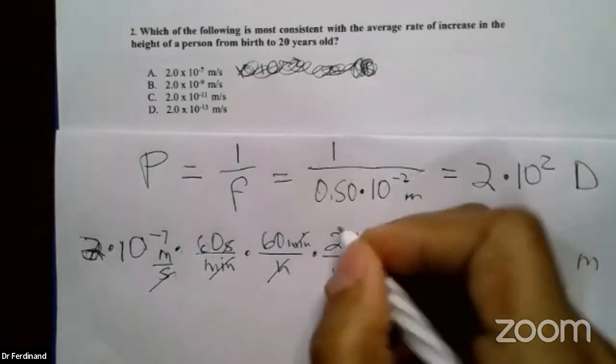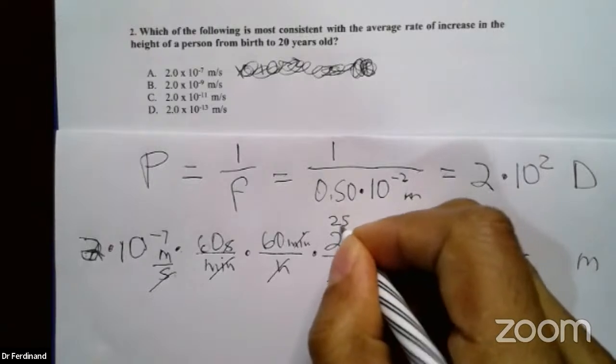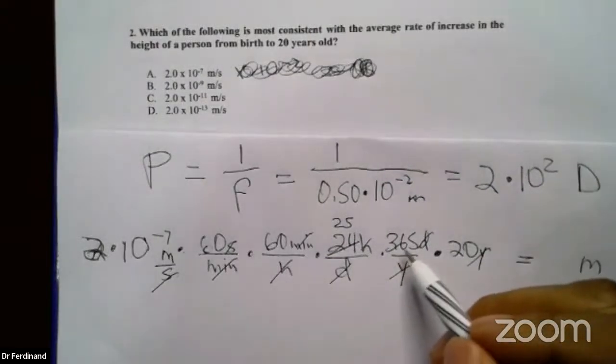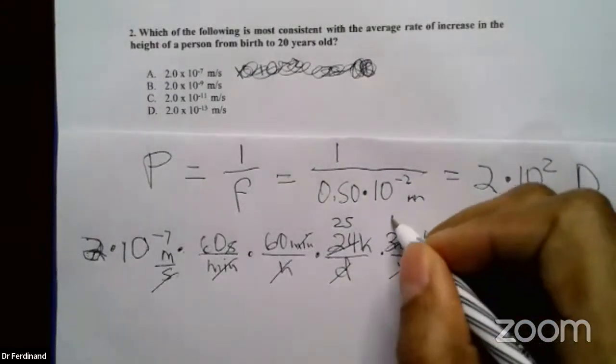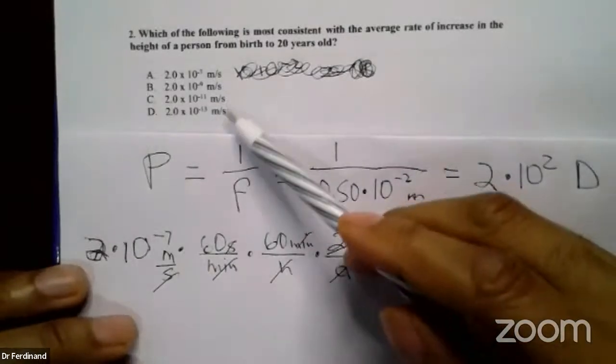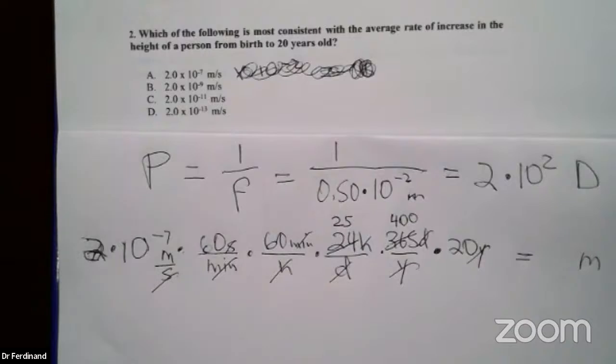So 24, it'll be easier for us to consider the number 25. It's a slight difference. 365, we'll round that up to 400. Why can I change by 10% or something? Because these answers are not 10% different. They're 100 times different, which is insane how different they are. So these slight modifications will make no difference. Even if I chose 500, it'd make no difference to the answer that you would end up choosing.